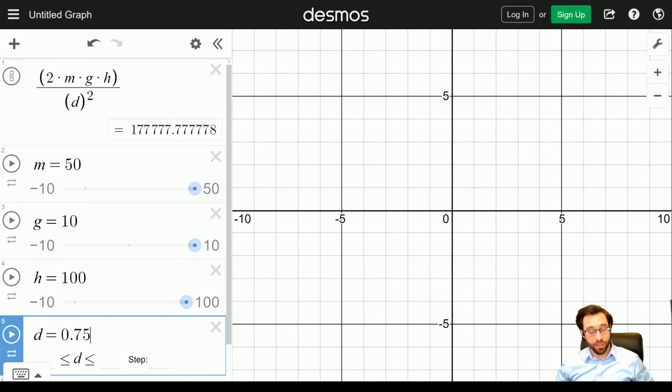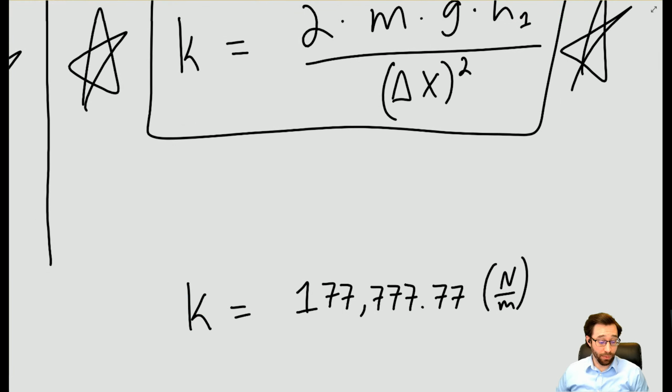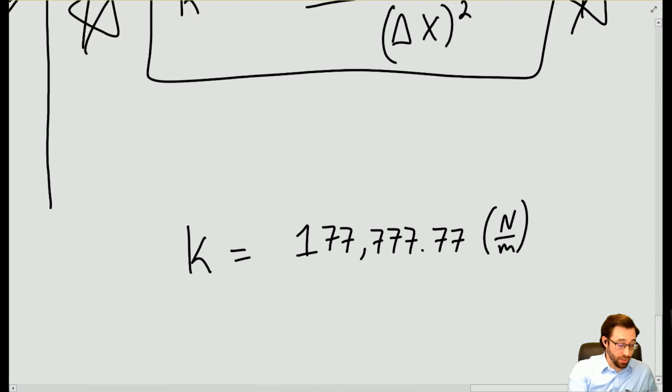So if I wanted to stretch this spring a distance of 1 meter, I would have to apply 177,777.777778 newtons in order to stretch it 1 meter. So if I say to round to 2 decimals,